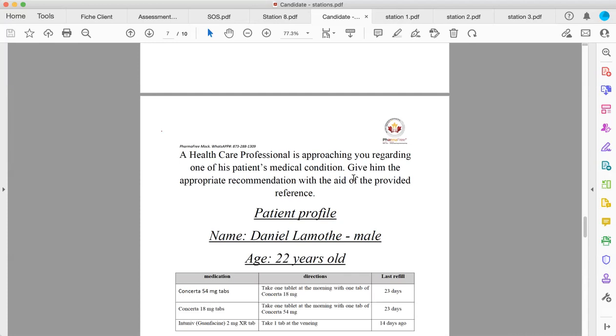Okay. As I see in my reference, this medication is weight related, because he lost weight recently. So we have to reduce the dose of Concerta. And I think this problem, the insomnia, is because of the high dose of Concerta. So if we try to reduce the dose, so let's say